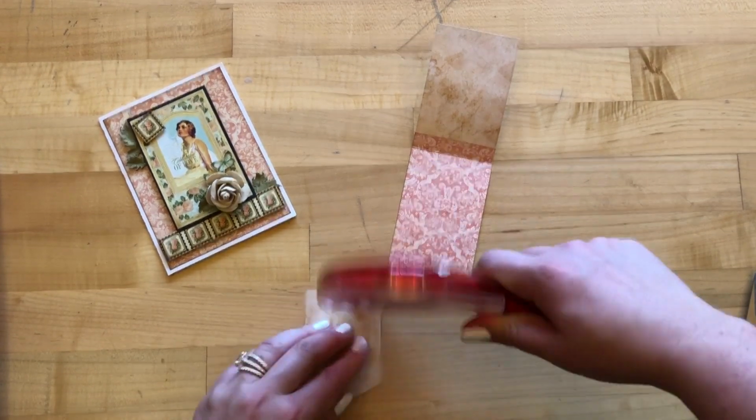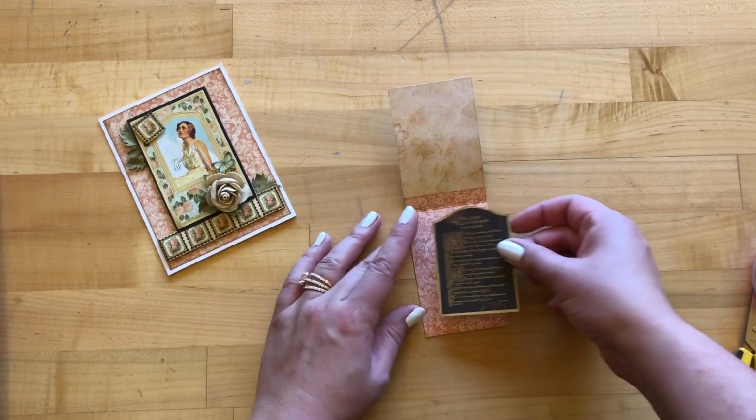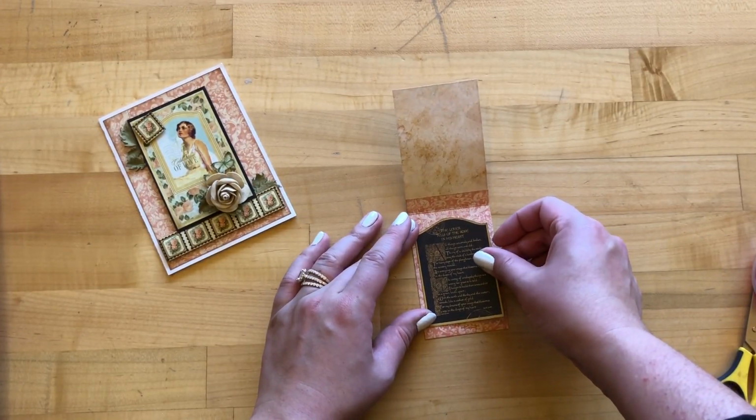So I'm just going to have this be flat and in the center of